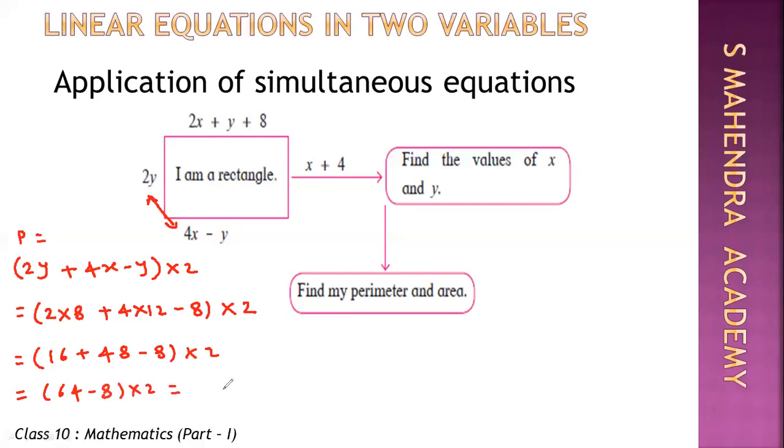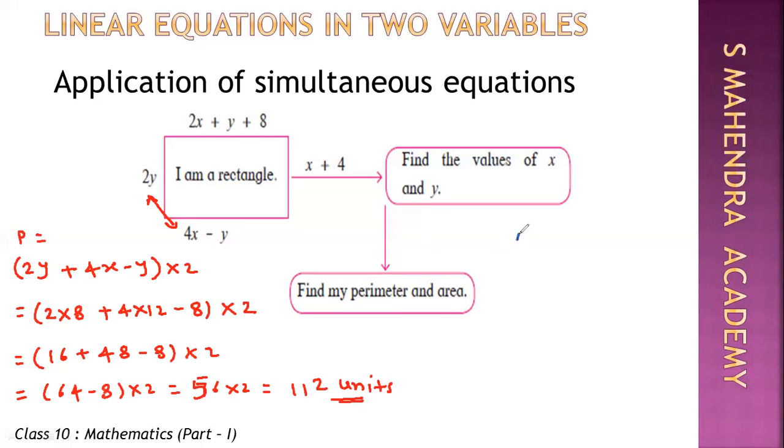So 64 minus 8 will be 56 into 2, and the answer will be 112 units. Now for area of the